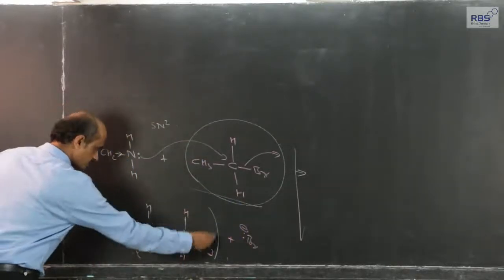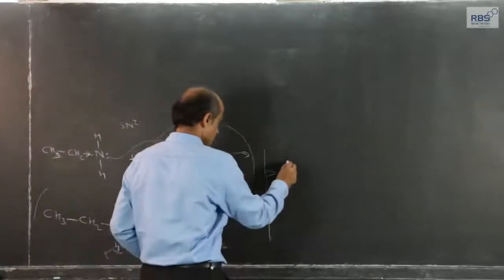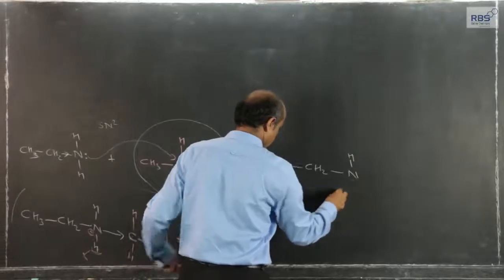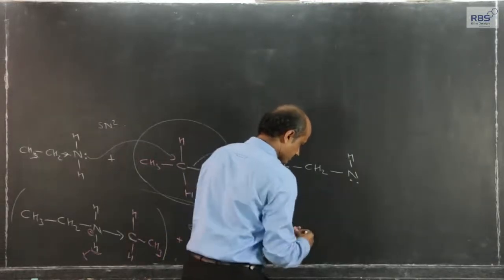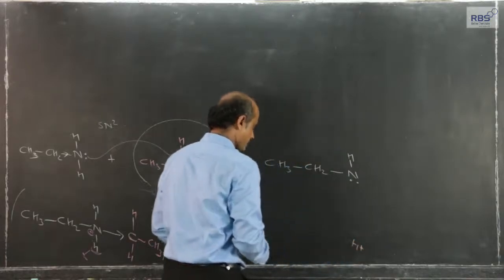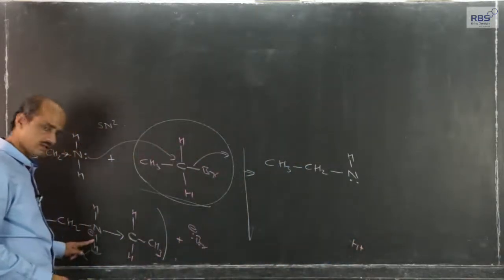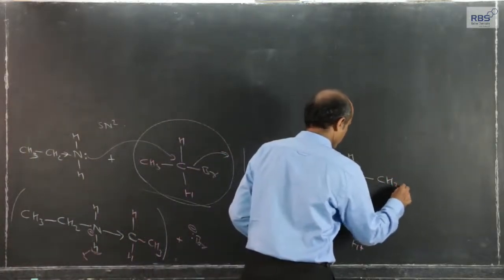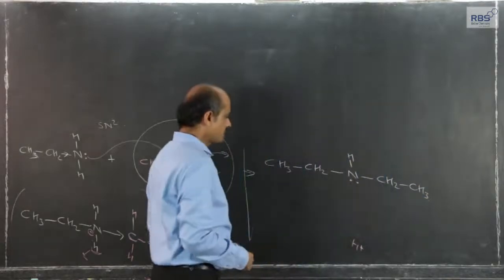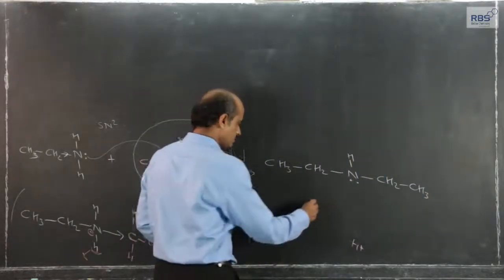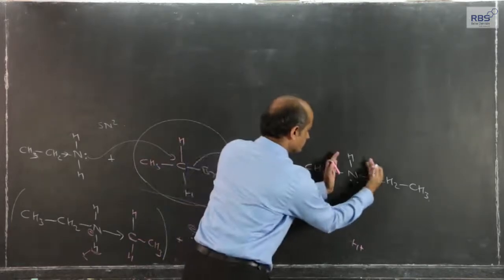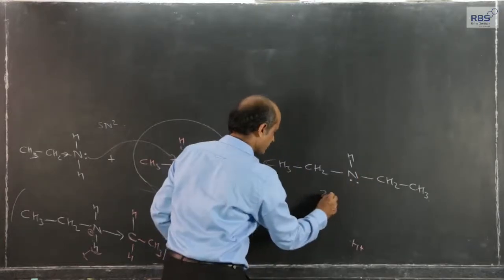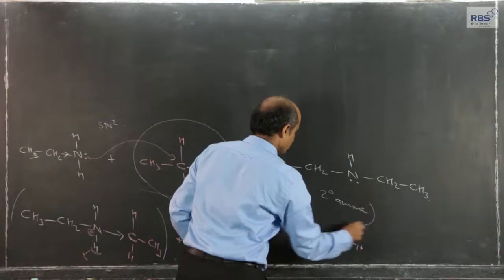Then what remains behind is this portion, I will write it again. The hydrogen goes out in the form of H plus ions, and the lone pair of nitrogen is again regained. The earlier ethyl group is there. So, this is how I get diethylamine. If ammonia is considered as the base, two hydrogen atoms are replaced. This is an example of a secondary amine.